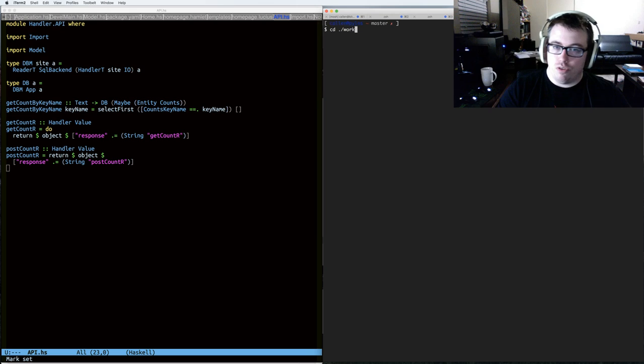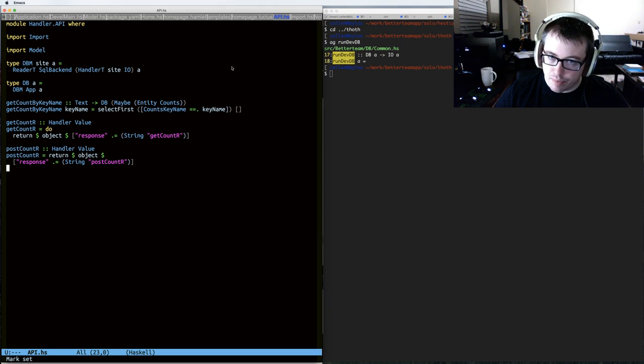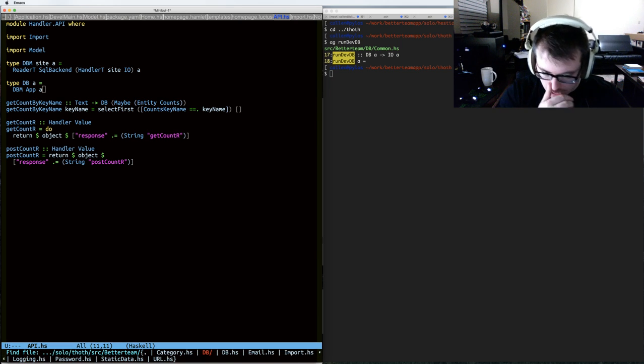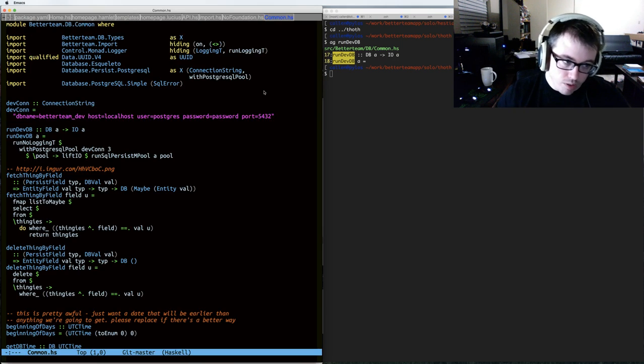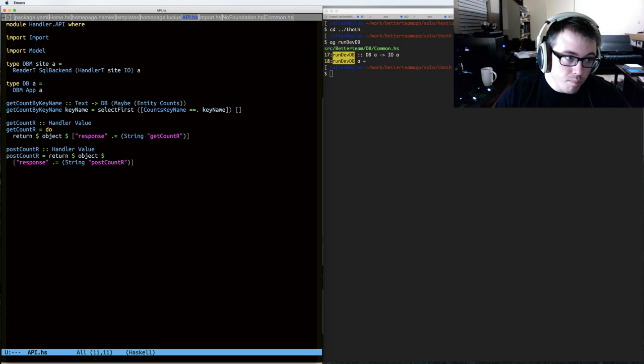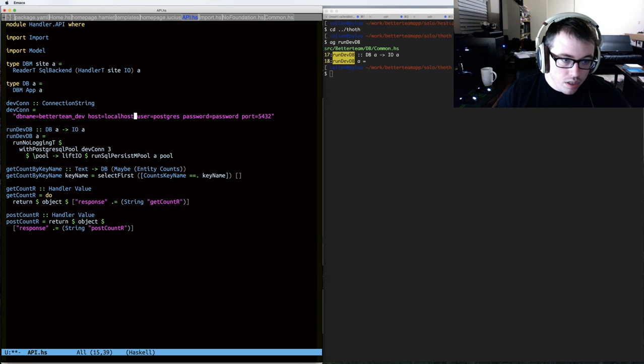So this is another little helper thing. I usually end up creating a run dev DB helper, and it just goes ahead and supplies the default database config stuff, and it just kind of spins up a database connection so I can just talk to my dev database without having to try to figure out how to run it in the context of a web app. So in this case, we're just going to copy and paste this over,